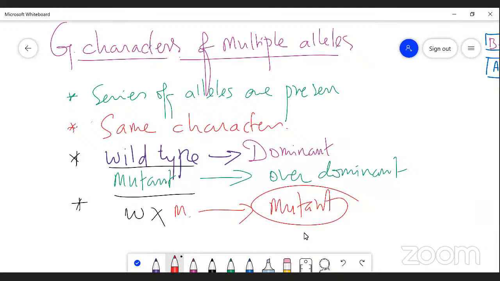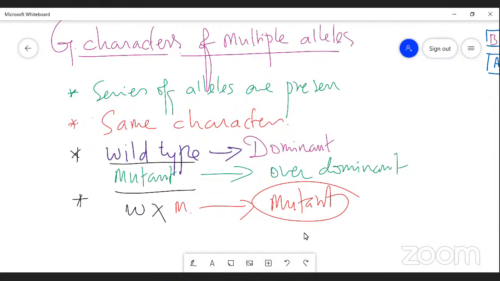I repeat once again. Simply, multiple alleles are a series of allelic forms present on the locus of a homologous chromosome. Generally, they are responsible for the same character. There are two varieties, the wild type and the mutant variety. The wild type variety determines a dominant character, and the mutant allelic form of the gene controls an over-dominant character. So when we cross them, F1 will be the mutant variety, not the wild type. This is a general characteristic of multiple alleles. Now coming to the point, these multiple alleles are reported